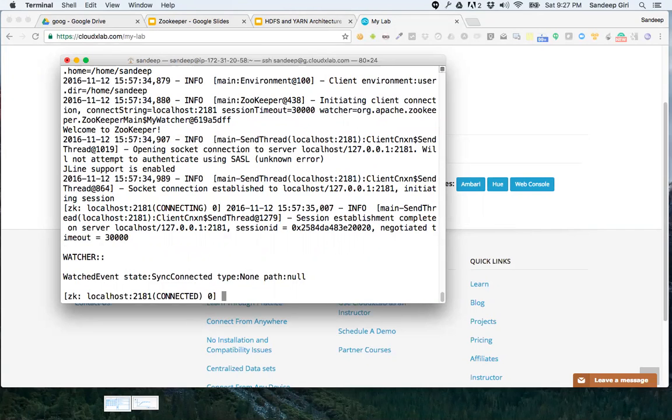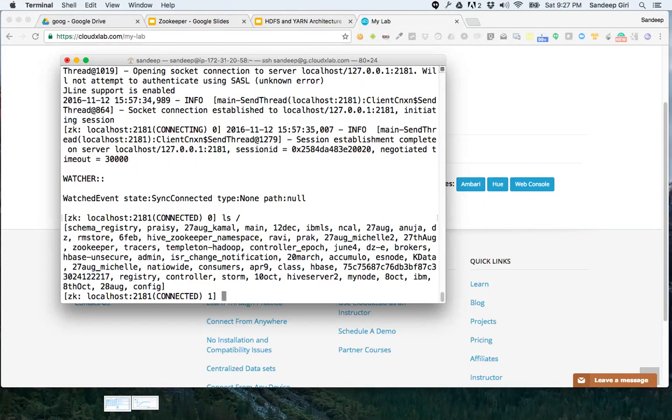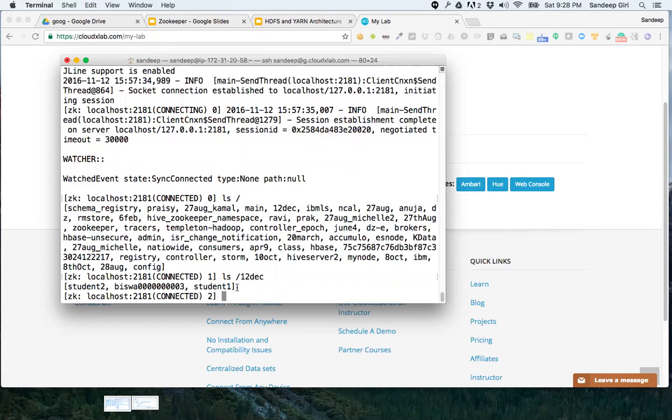So right now, this is called the Zookeeper console. When I say ls space slash, this is what we see. These are the nodes. Let's say I want to take a look at what is inside /12 December. You see that there are further nodes here.